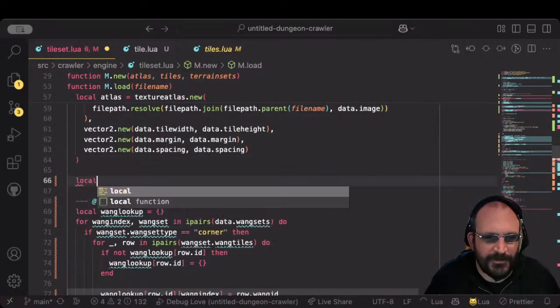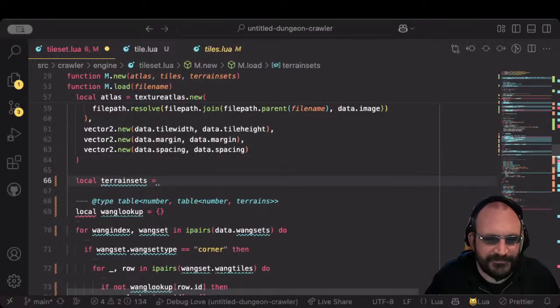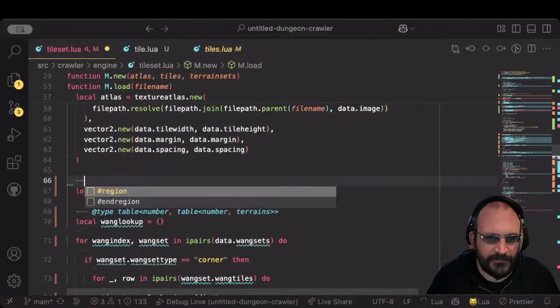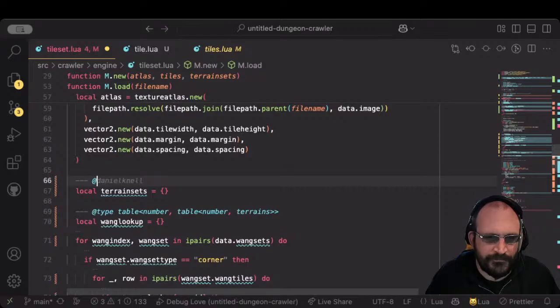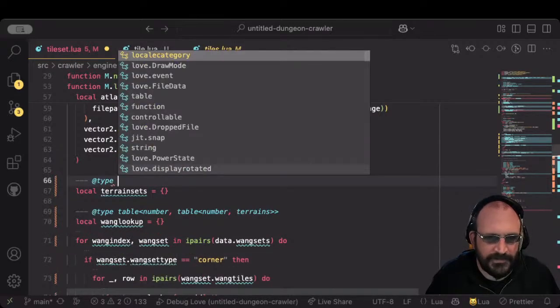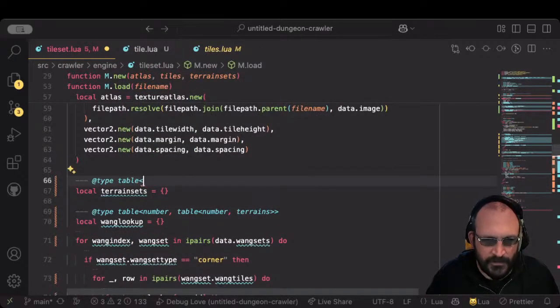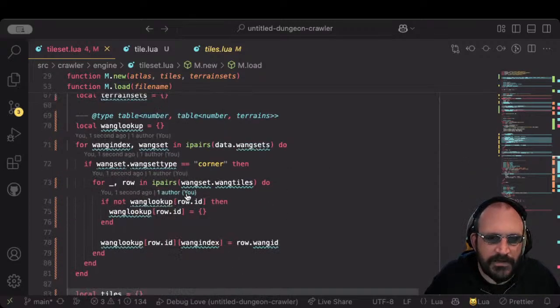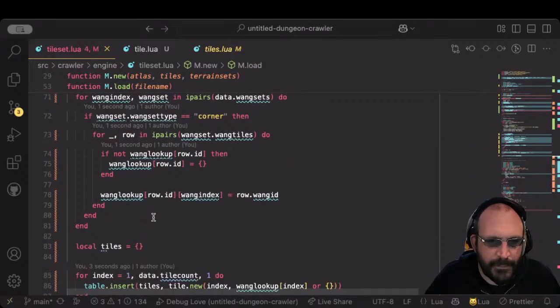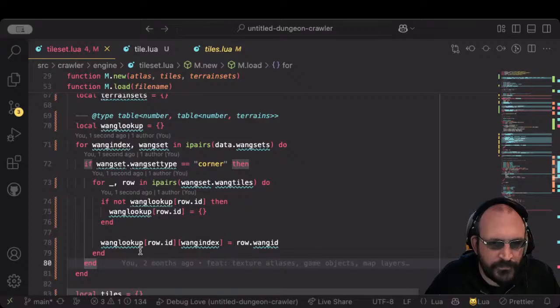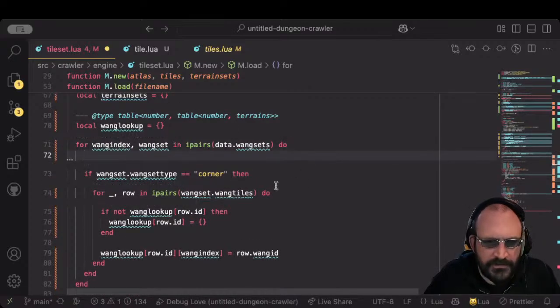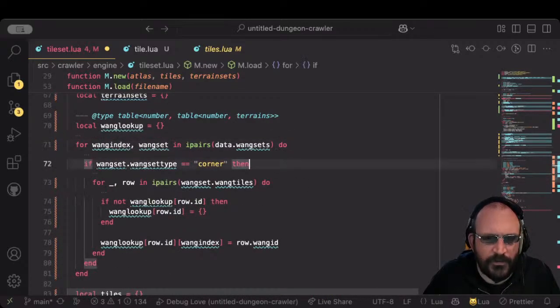So this one will go local terrain sets, and this will be a table of. No, this will be a terrain set. A list of terrain sets. So when we loop over these, if they are a corner one,